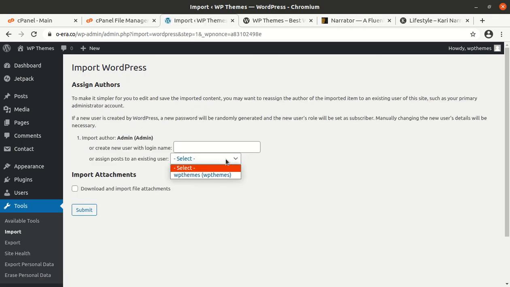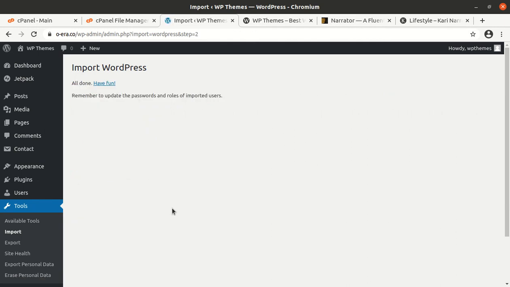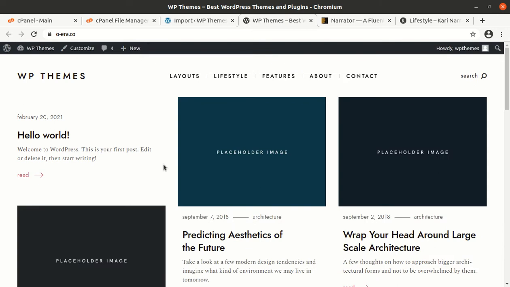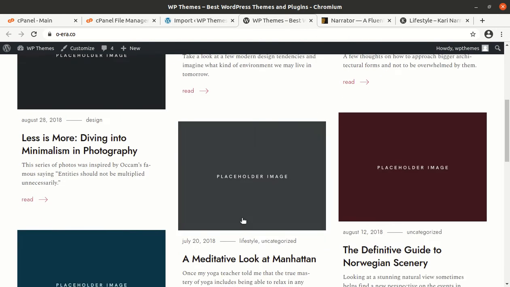and here you need to assign the user. Click on download and import file attachments and hit submit, and it is going to take some time. Okay, it got done in seconds. And now we can recheck our website to see how it looks now, and it is wonderful.